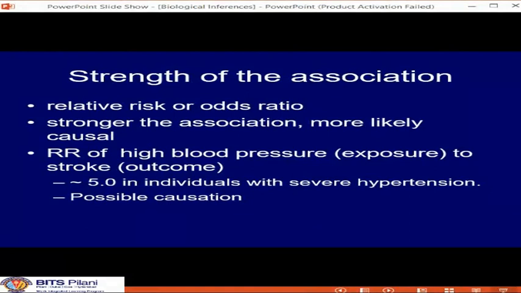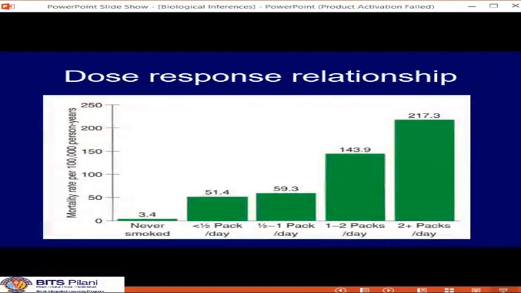Perhaps it is causal. So high levels or very low levels of relative risk or odds ratio could suggest causality. The third point in the 9 points which are used currently to determine causality is called dose-response relationship. And I have shown this picture, another dose-response relationship, earlier in my talk. This is a commonly used example,